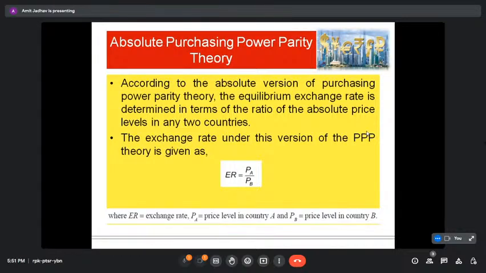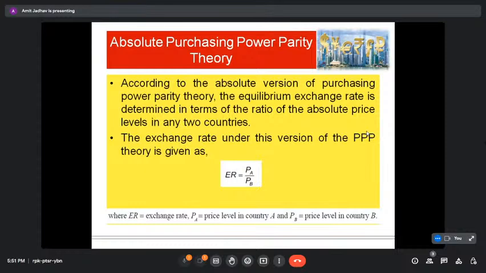According to the absolute version of purchasing power parity theory, the equilibrium exchange rate is determined in terms of the ratio of absolute price levels in two countries. So countries have an absolute price level, and the ratio of these prices is known as the absolute